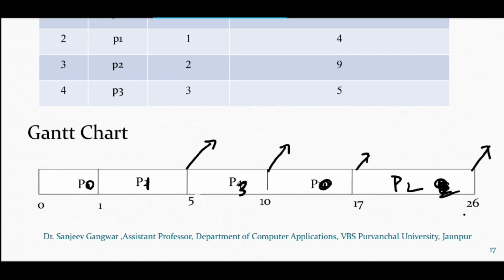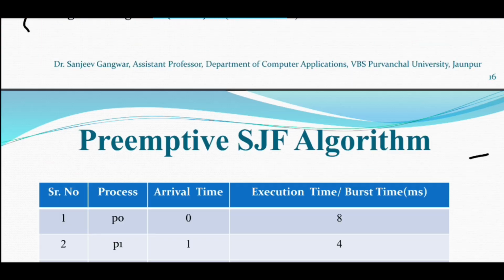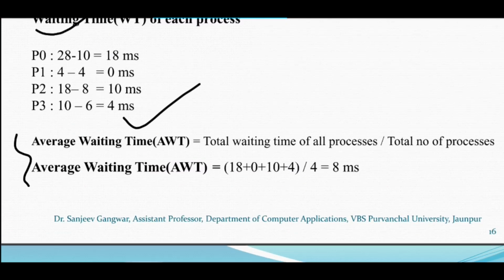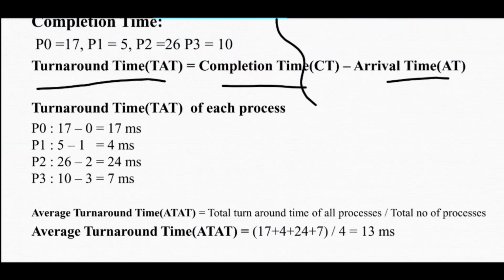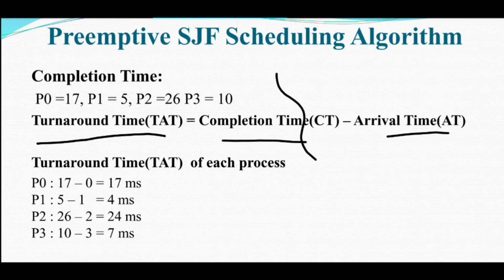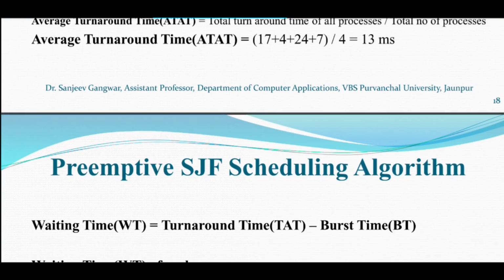Okay, this is the SJF algorithm, both preemptive and non-preemptive. These are the numerical values you have to calculate while you are